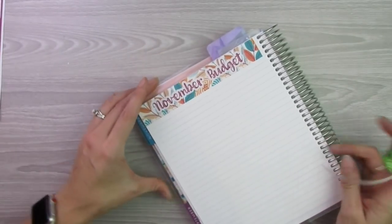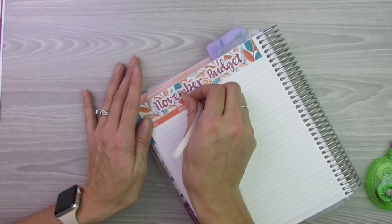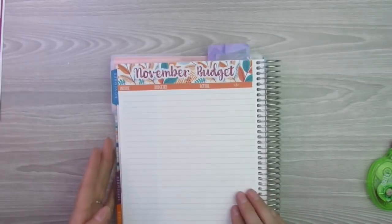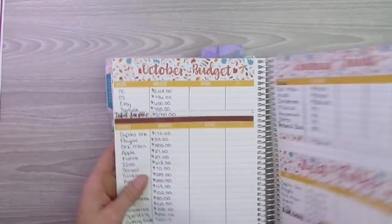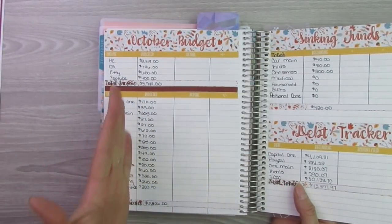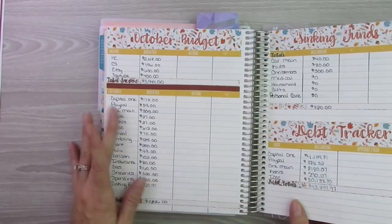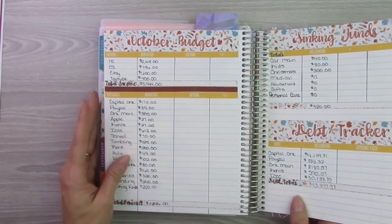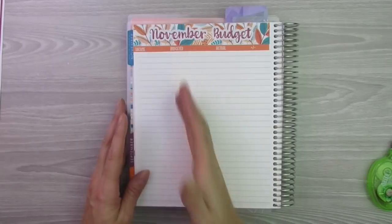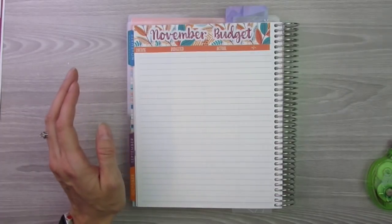So I'm just going to go right under that thick washi and lay down my income thin washi. Make sure that it gets all lined up nicely. And just last month I started doing lines in it. That way it can kind of keep everything more even, because especially for the expenses portion, I find I kind of start writing crooked when I get a little bit down the page, so doing the lines has really helped me stay where I need to be. So I think I'm going to go ahead and fill out my lines now, then I'll lay down my expenses washi. So I'm going to grab my ruler,